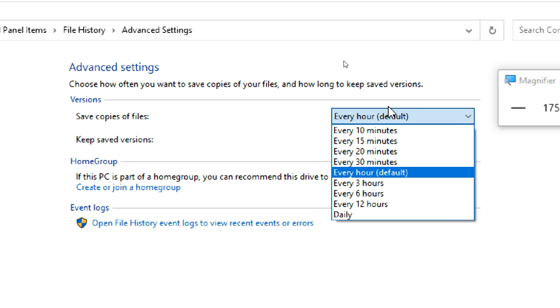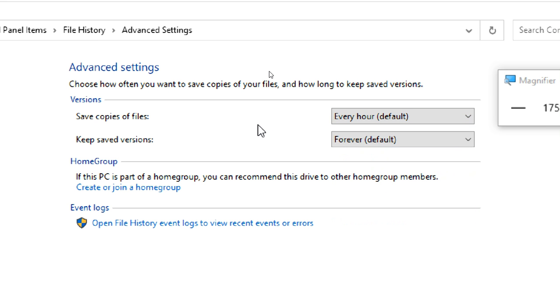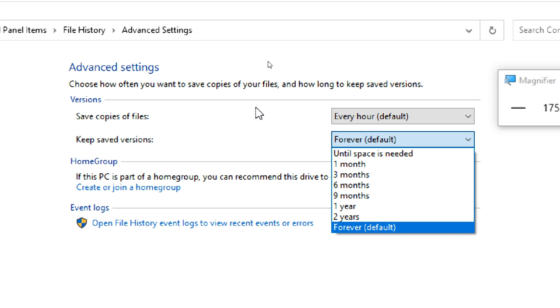You can configure it like that. Whatever the profile data is, it will back it up. And keep versions: if you keep on taking backups, your backup location may become full. You may not require old data, but still the data is available.